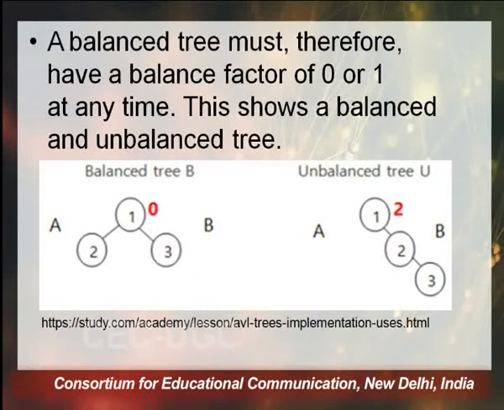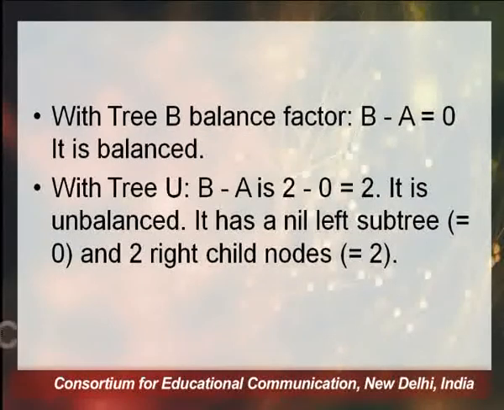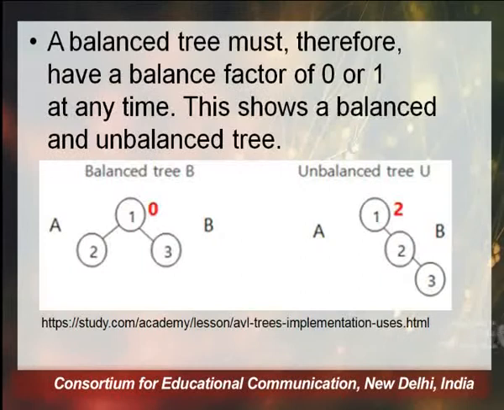So 1 itself is an accepted quantity. So definitely 2 and 3 are no problem, but the moment we arrive at 1, which is the parent of 2, we have got a balance factor of 2, which is not in the acceptable range of -1 to 1. So that is representing an unbalanced tree. So with the balanced tree we have a balance factor of 0, and the node which I have told you, 1, is having the balance factor of 2.